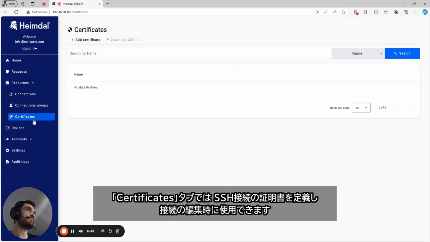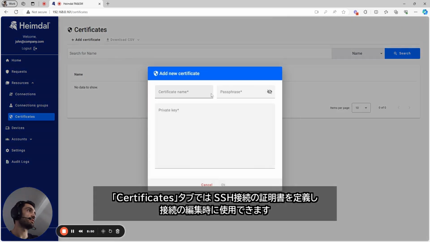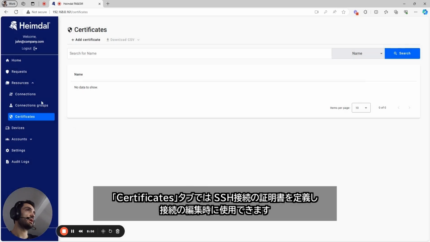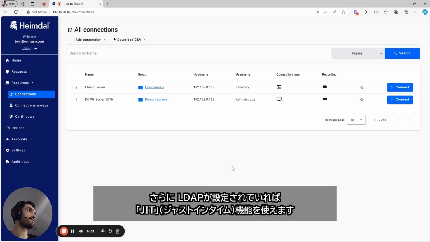You'll have a certificates tab. Here you can define certificates for your SSH connection and just use them in the connection edit. And you also have a very nice feature that requires LDAP setting that we call just in time. So how this works,